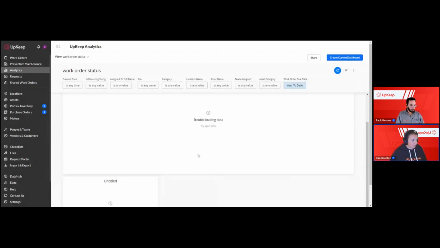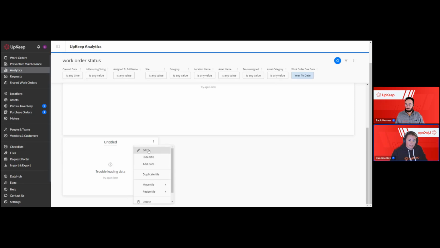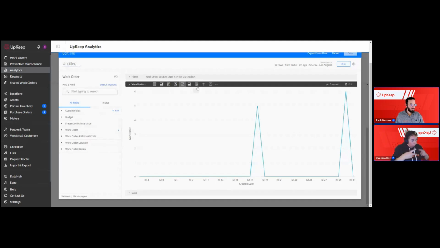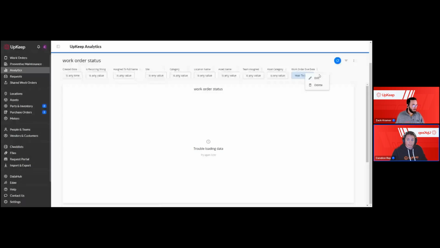So the reason I'm getting errors is, one, lack of due dates, probably on a lot of my work orders. And two, this one specifically, if we unlock and look at it, we said to only show us what has been created in the last 30 days. So the system's having a hard time understanding. It can't show you things for all year because you're telling it to only look at 30 days. So in this case, you would want to either remove the 30-day filter from this tile, or click the three dots on this filter to the dash, edit,